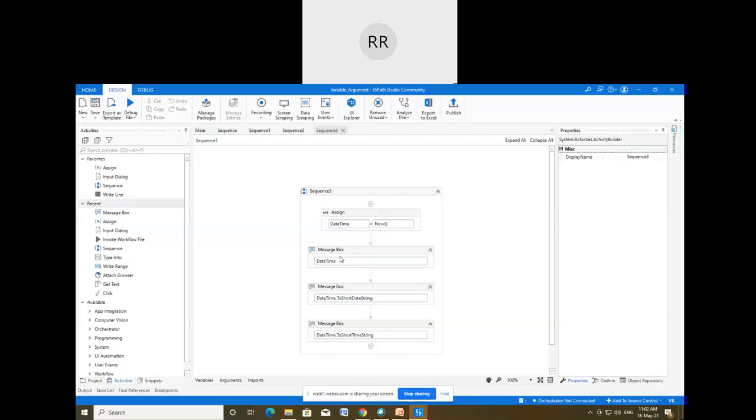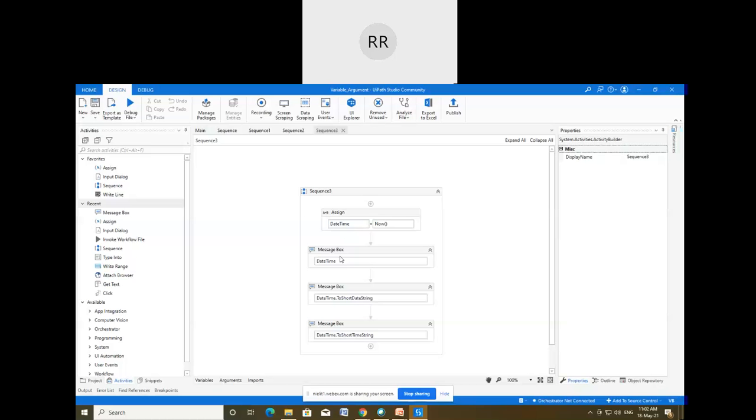That's why the current date time is displayed as the output. Okay, so are you getting my point? That means apart from storing the data, it is also passing the data to the next activity in which I want to utilize that data.